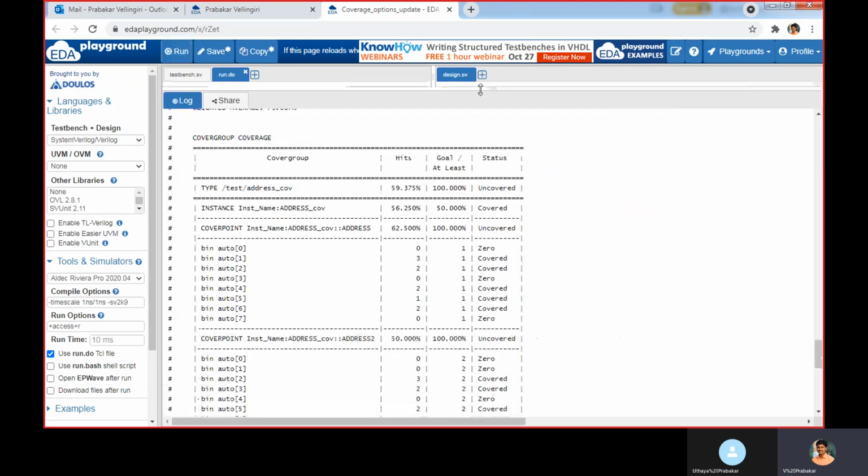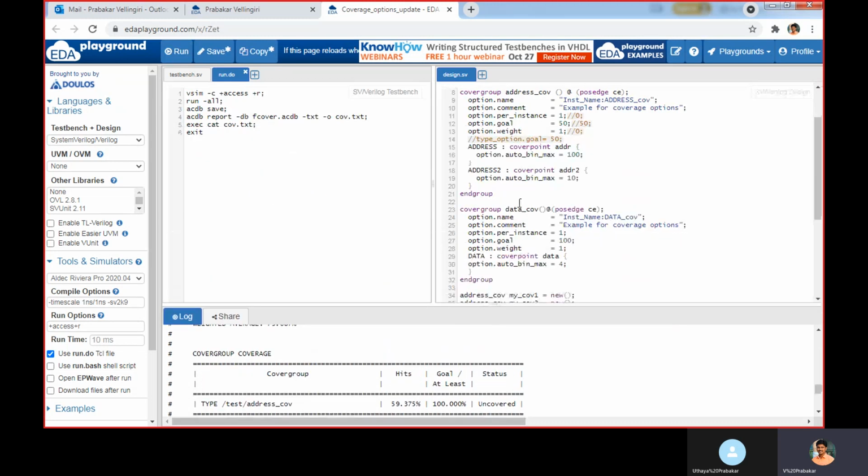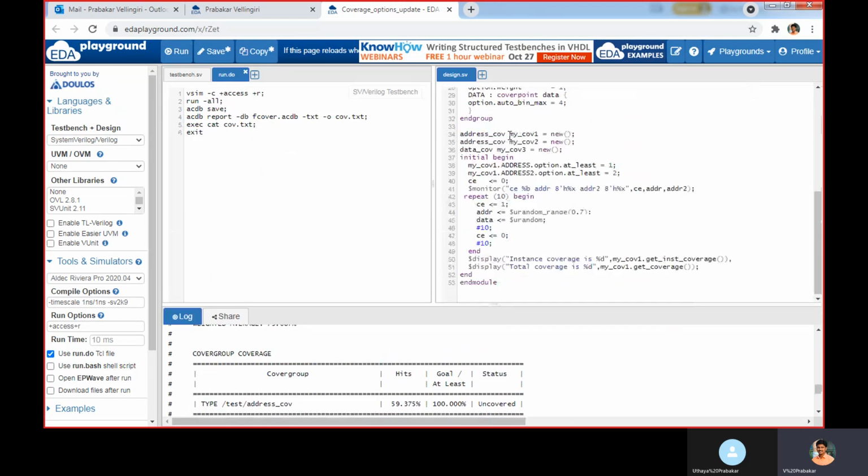Now in this coverage report, we created 3 instances. One is my cover 1, another is my cover 2, both are address cover. Another one is data cover.